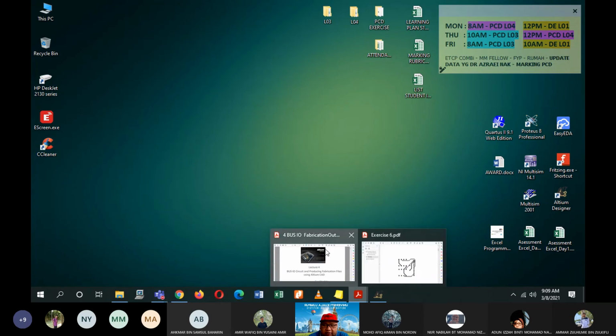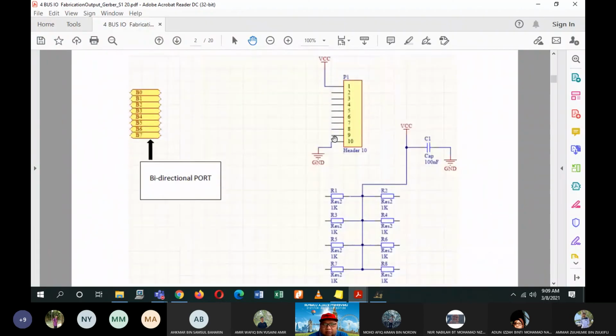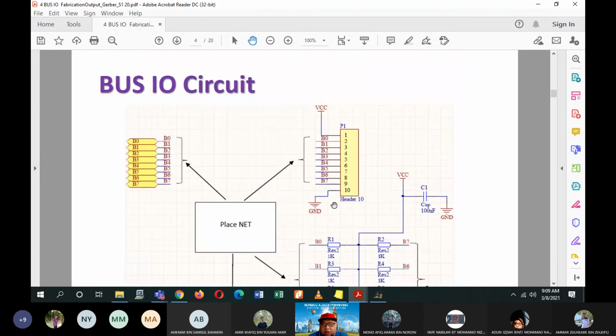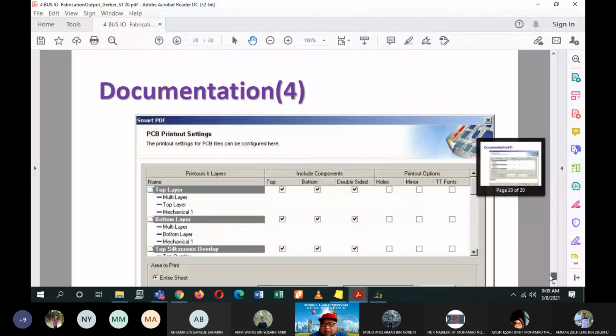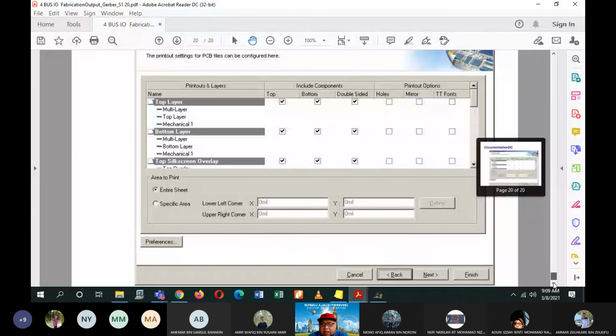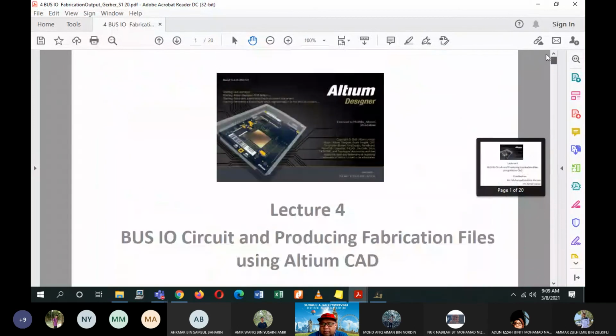Or basically, if you just follow the steps of my slides here, then you should be okay. It is a very straightforward set of designing steps. You can follow one by one from my notes, and it is actually easy.